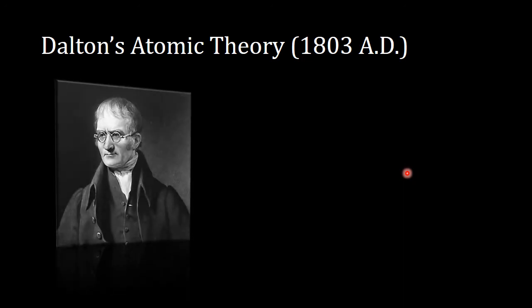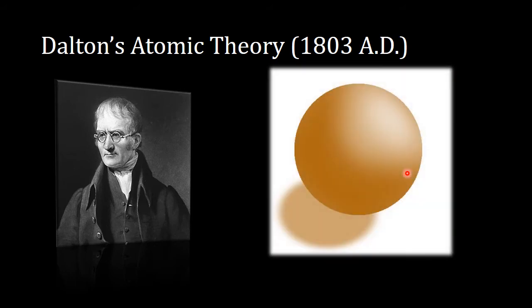British scientist John Dalton put forth his atomic theory in 1803 AD. According to his theory, matter is made up of atoms and atoms are indivisible and indestructible. All atoms of an element are alike, while different elements have different atoms with different masses. The atom, as described by Dalton, turns out to be a hard and solid sphere with no internal structure. According to Dalton's atomic theory, the mass is distributed uniformly in an atom.